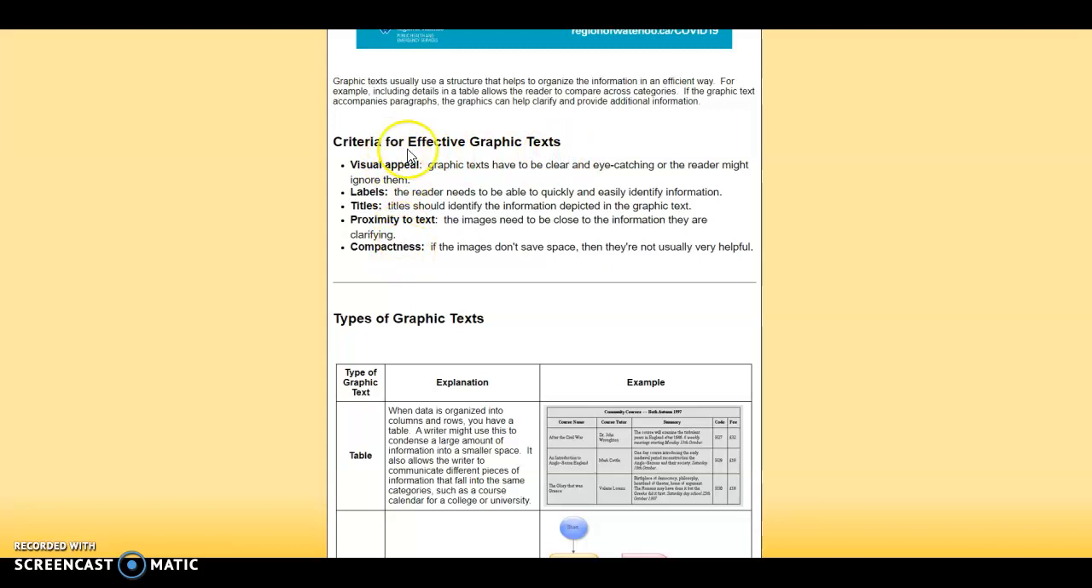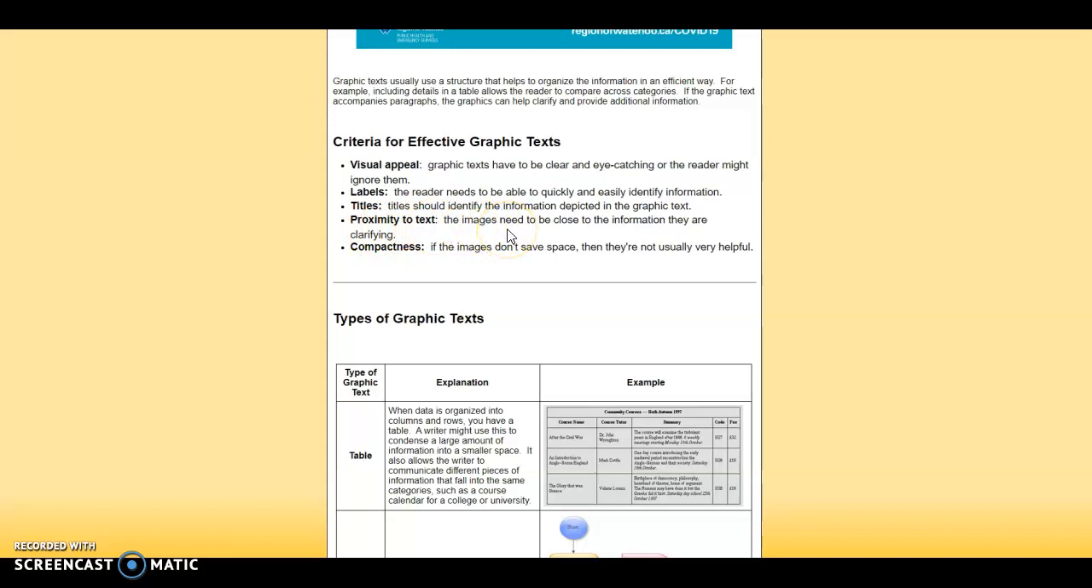And this is probably the most important part of the content page and the part that you're going to need to understand the best in order to do the assignment. And so in order to have an effective graphic text, it has to be visually appealing. So it has to grab the audience's attention. If it doesn't, then it's not effective, right? It has to have proper labels and titles, so it has to present the information quickly and easily and be easily understood, right? It has to follow something called proximity to text, and what we mean by that is that